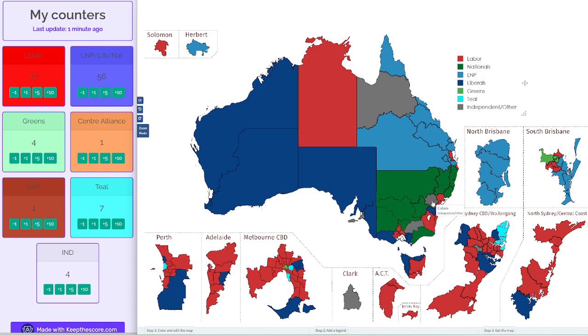But yeah, that'll be an interesting contest because he wasn't elected as an independent. It's hard to tell if there's much independent support in Kalair. Potentially the Voice, how the Kalair voted with the Voice, and if that'll translate to support for him. Fowler will also be an interesting seat.